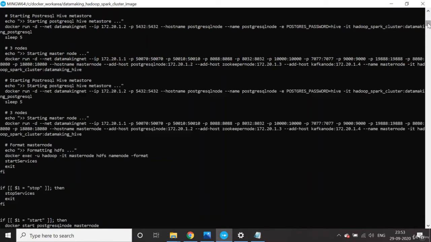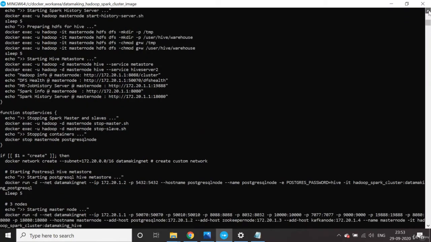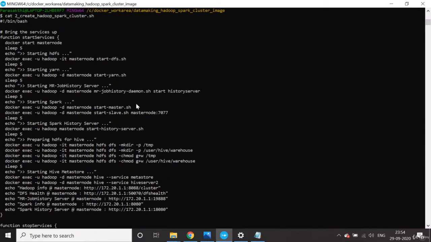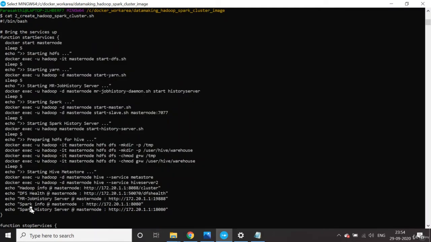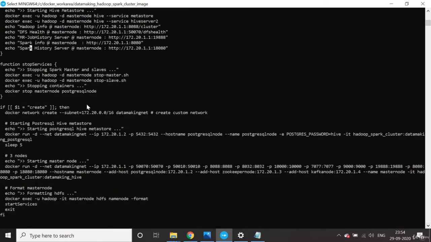We'll go from here. It has a few methods: one for starting all the containers, a start services method, and another method for stop services.